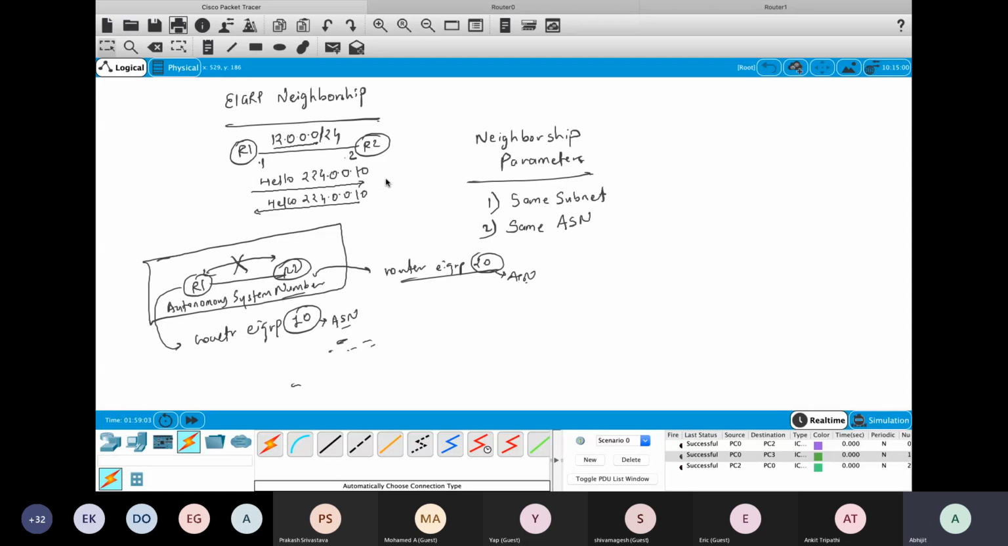And then after that, when you have this particular scenario there, the third parameter that is available there is,